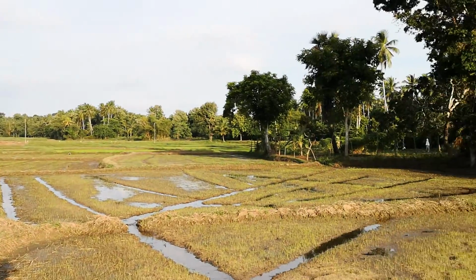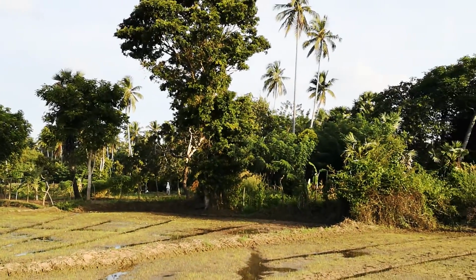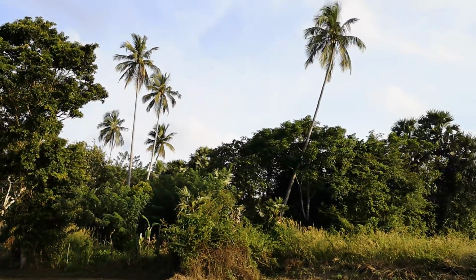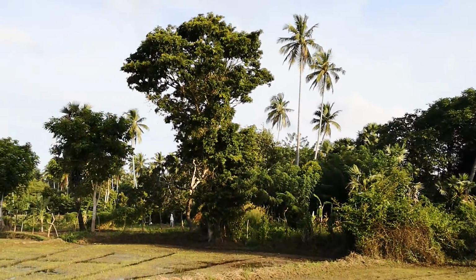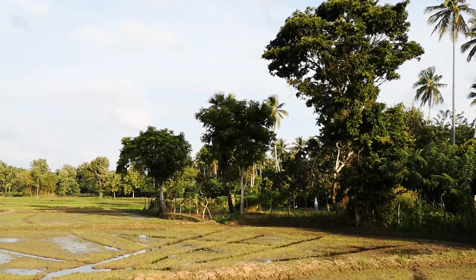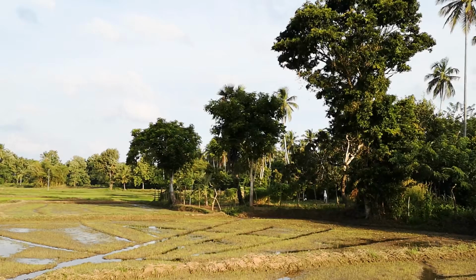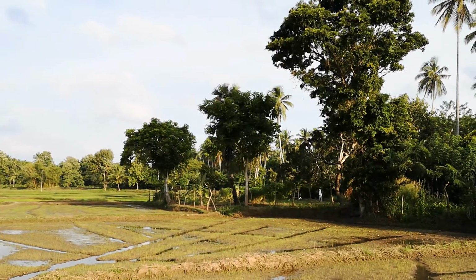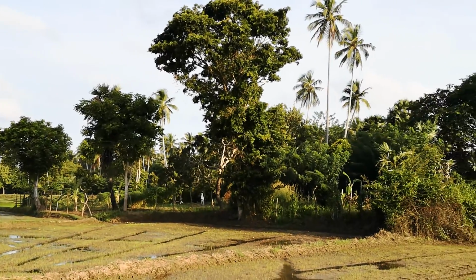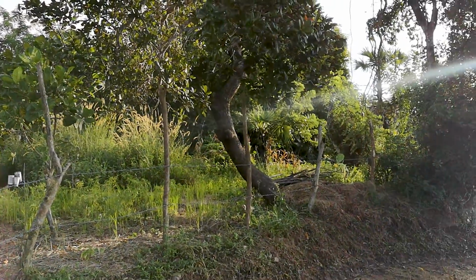And then over to this side is an island in the middle of these rice fields, and then you can see a number of coconut trees, or in your words it could be palm trees, but these are coconut. And then they have like banana, manioc or tapioca growing over there, and then there's a cashew tree as well, and some local trees in between. I'm bringing you a closer look of this